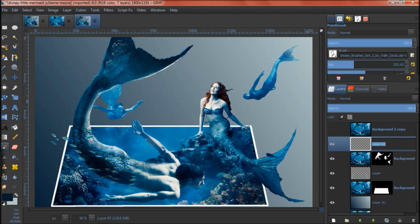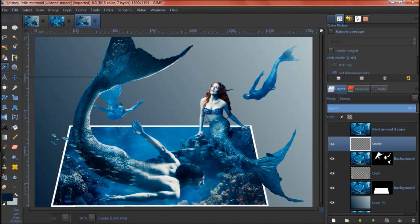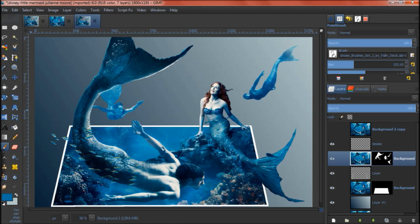I'm going to rename this to, I don't know, smoke, I guess. And we grab that brush. First, before we do anything, let's grab our color picker, click on that layer, and get this color right here from the color picker, and then grab the paintbrush tool again, then go back up to that layer,